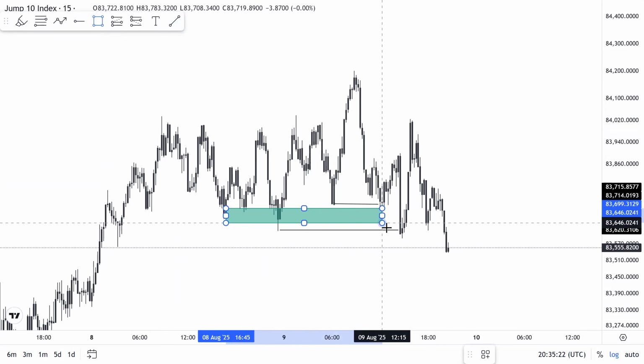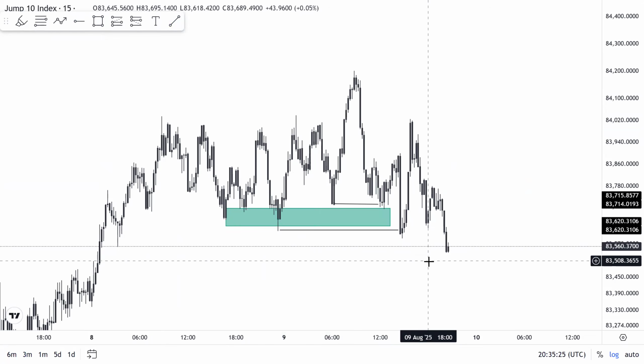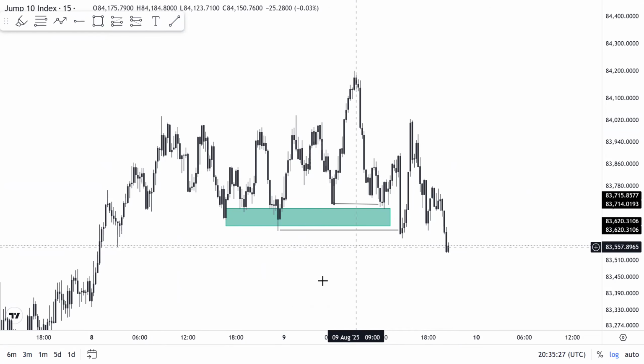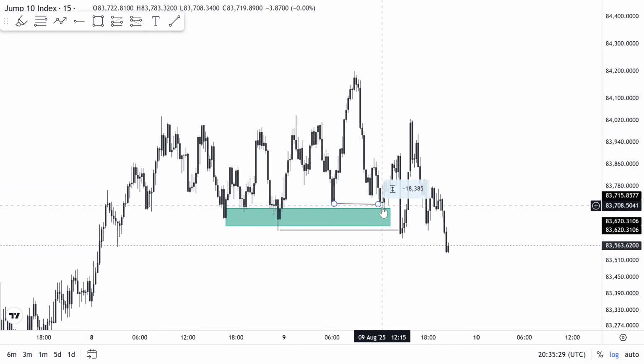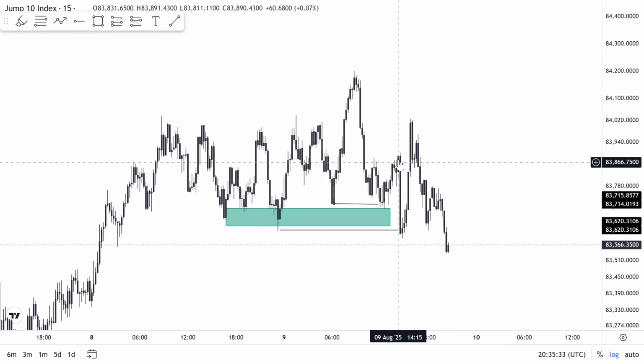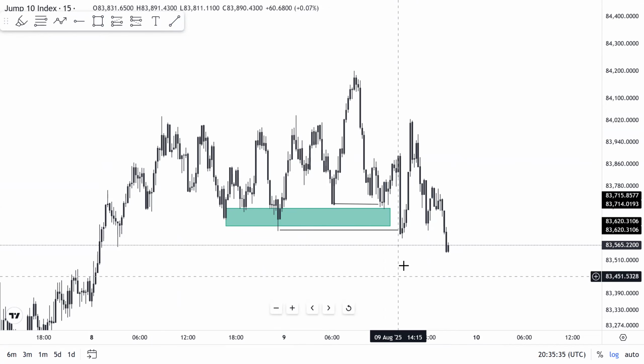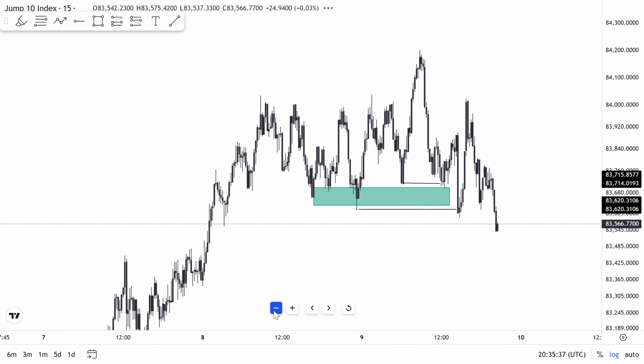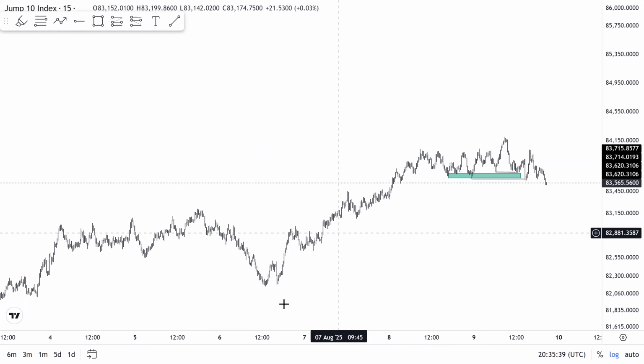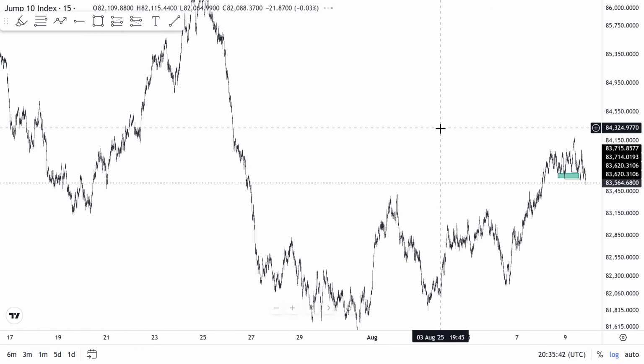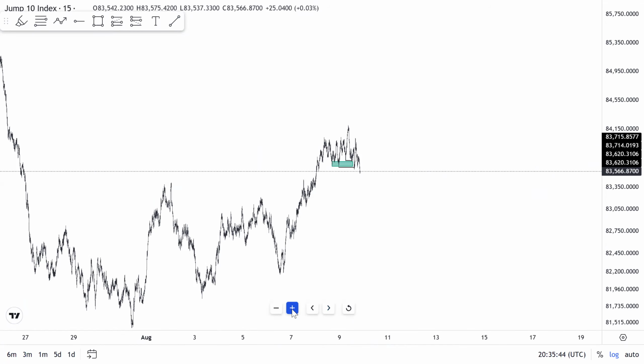One thing you need to understand is that a lot of people fail to understand that the market is very manipulative, right? So someone that bought here, because price was buying from this high, what did the market do? Market came out to take out this, then stop loss hits. So what does this mean? On the higher time frame, we are very bearish.